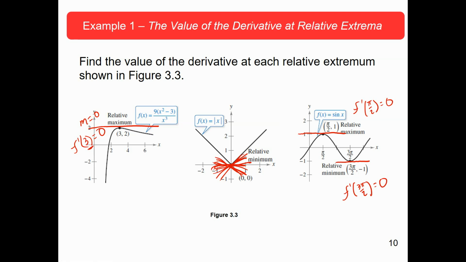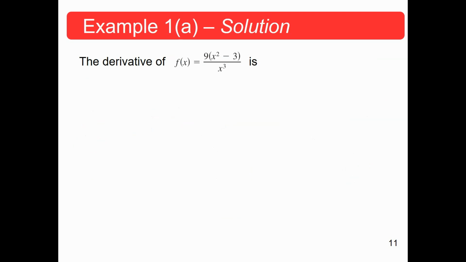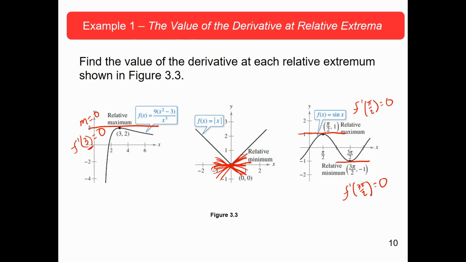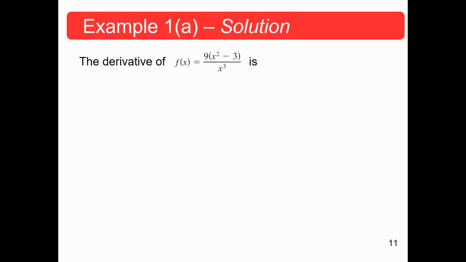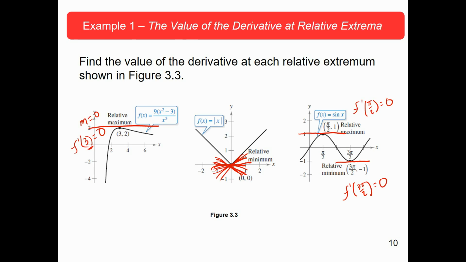Now, let's actually do one. Well, let's actually prove it, okay? Let's say we already looked at these and we did this by inspection, okay? If we did not have a picture, we wouldn't necessarily know. So let's pretend like we don't. So if we have just this, then how are we going to solve it? Well, we're going to take the derivative and set the derivative either equal to 0 or,